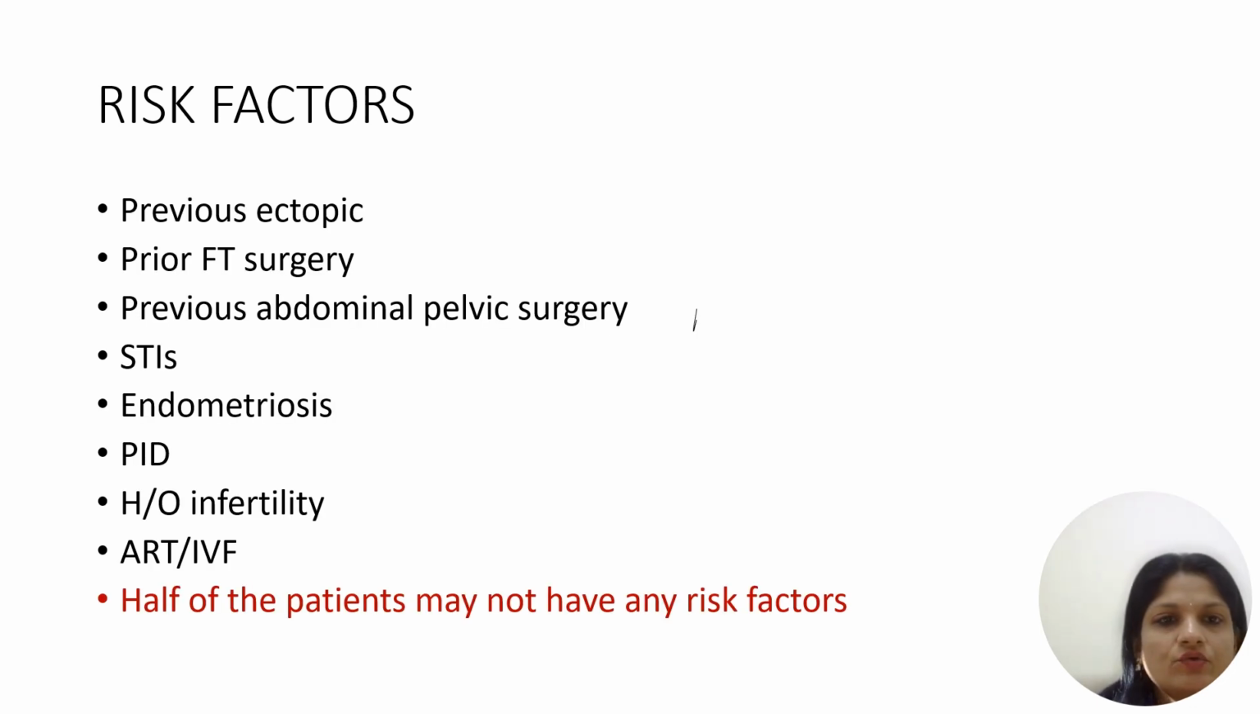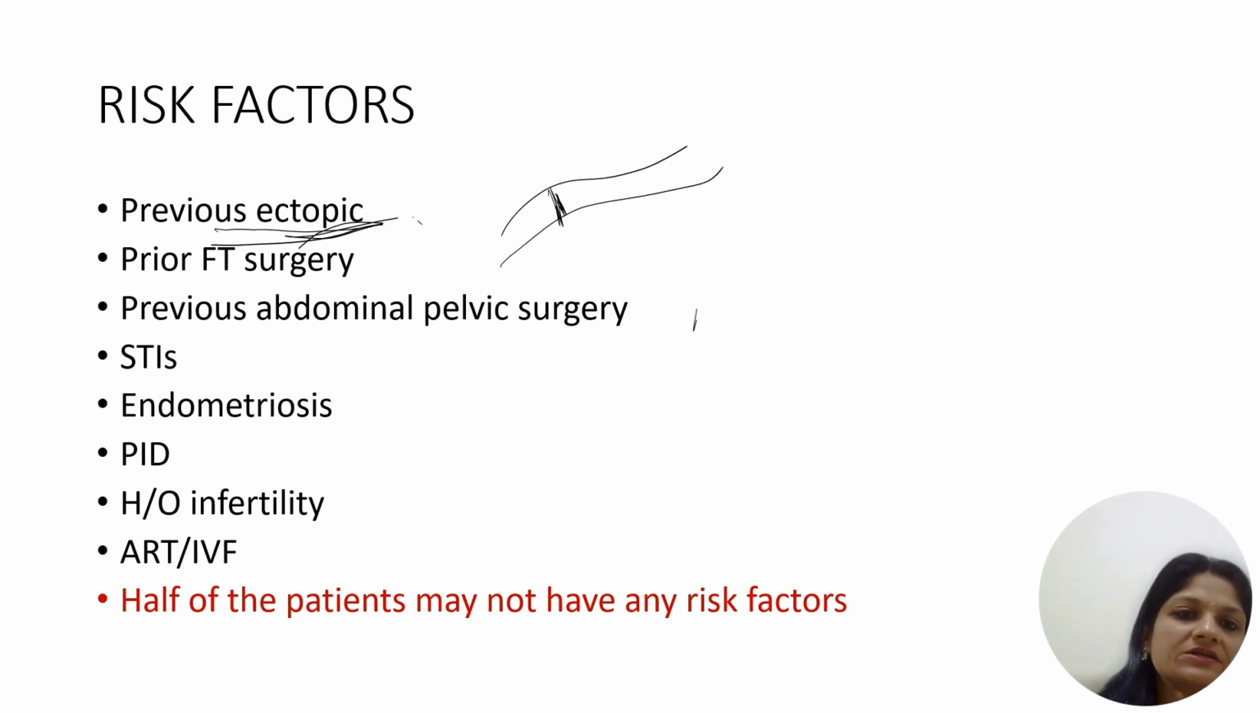So the risk factors will include any sort of previous ectopic. Okay. So anybody who has had an ectopic before is prone to having an ectopic again. Any fallopian tube surgery. So any surgery on the tube will again produce certain sort of adhesions in the tube causing an ectopic. Any previous abdominopelvic surgery carried out before. So I have already told you about STIs, PID,